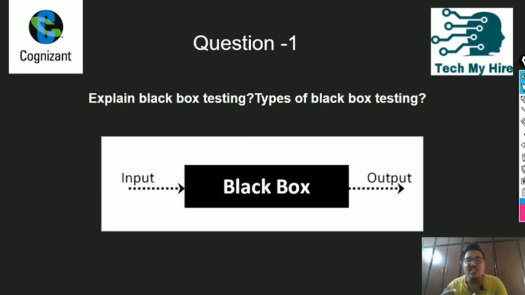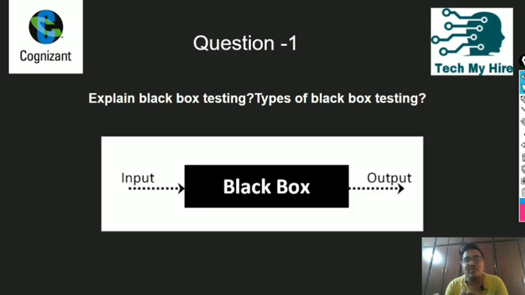Scalability means, what if 100 users are logged into our software application, and how is our application behaving? Usability means to what extent it is good for the customer to use this application. All these things are talked about in non-functional testing.